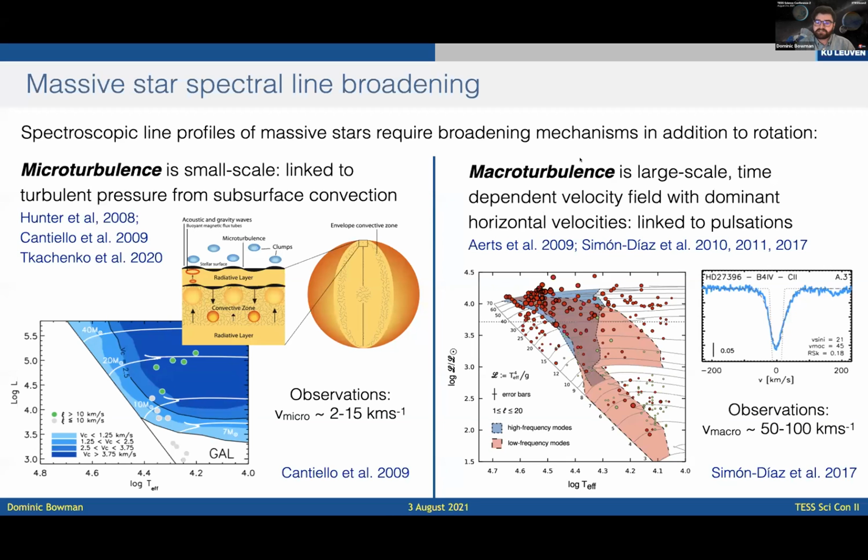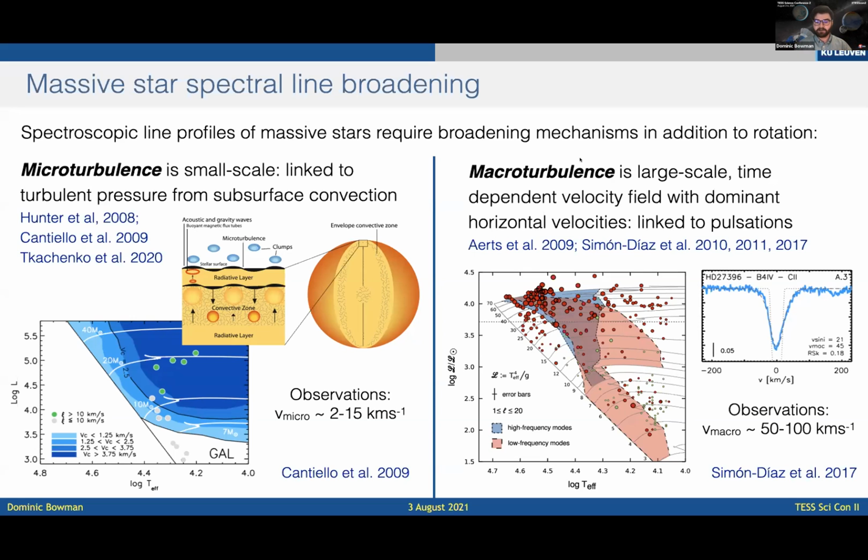And so macroturbulence is commonly referred to as large scale, and it's predominantly a horizontal motion in the line forming region near the surface. And this has been historically linked to pulsations because these gravity waves have predominantly horizontal motion. So there seems to be a link from the spectroscopic research in the last few decades that suggests that the